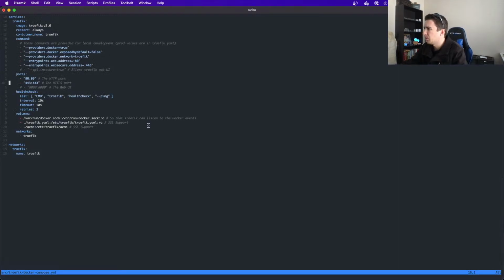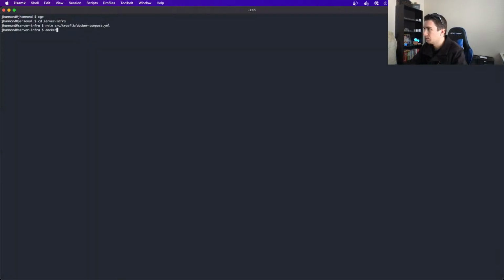And we basically want to disable the SSL support locally only, which is that right there. We can leave the health check, I guess. I wonder if I accidentally started it with the SSL support, which is why it's not working.